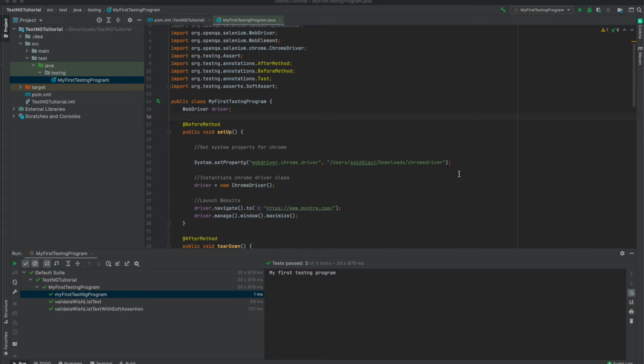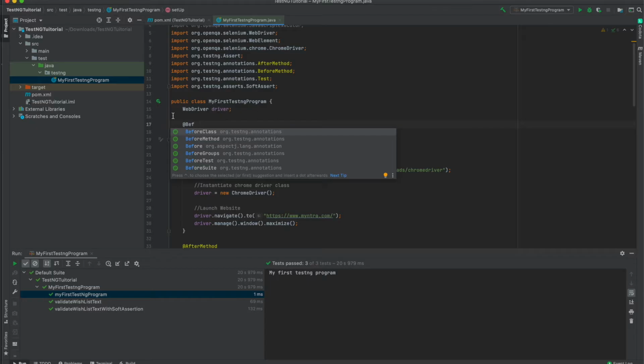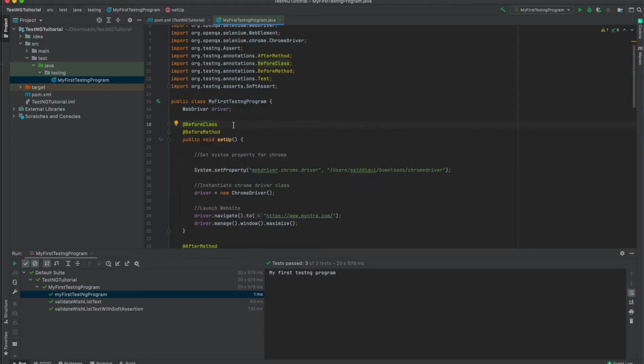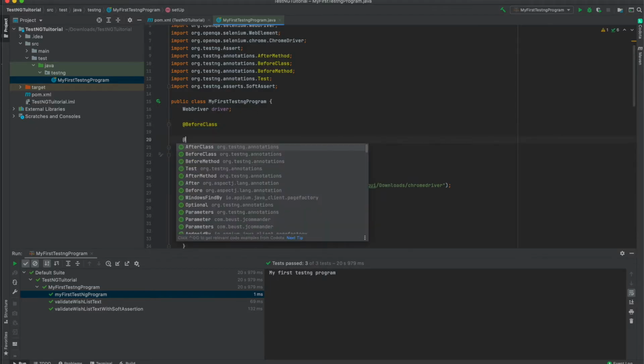Guys, welcome back. So in this video we are going to see two more important annotations. One of them is before class and another one is after class. So basically, before class annotation we are going to use this annotation, and we are going to use after class